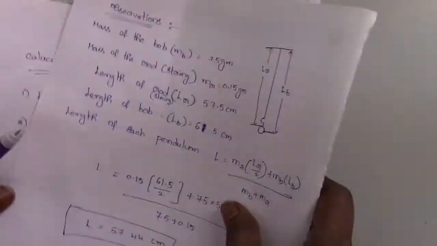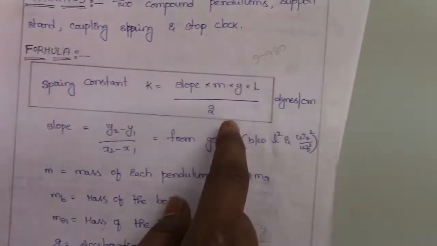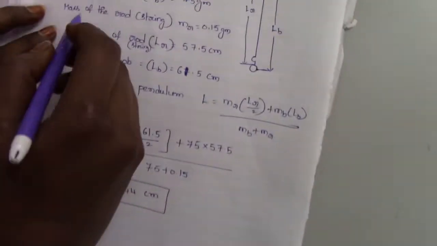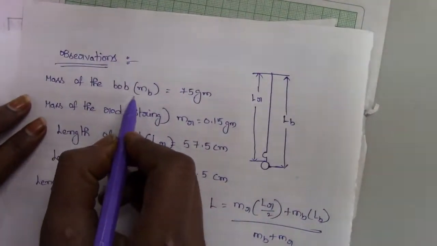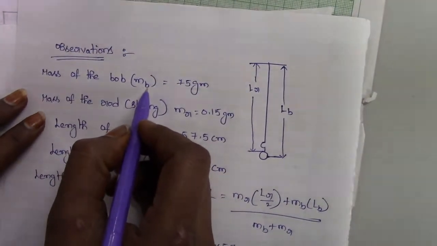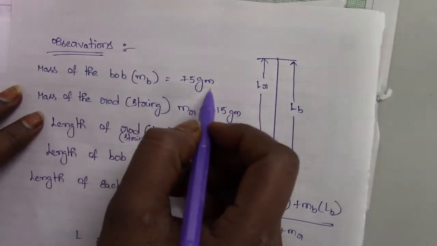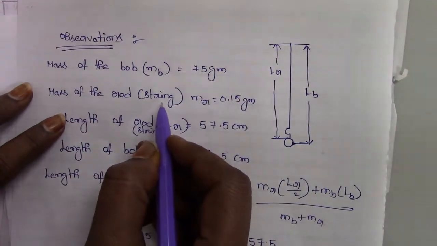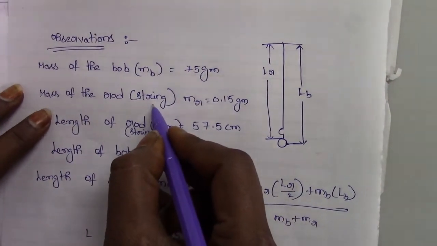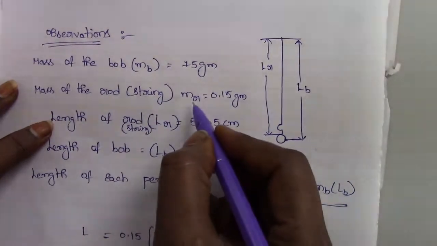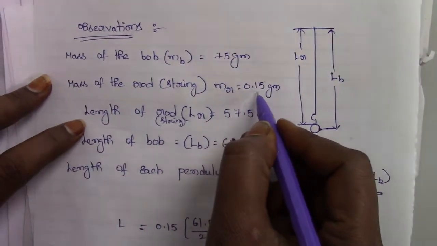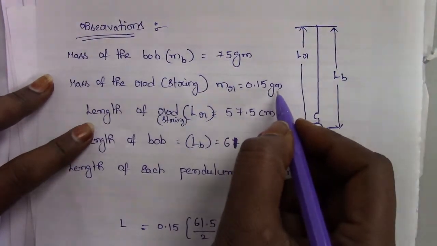So we know the formula now. So what is our formula? K is equal to this much. So to calculate this, we also need to calculate some of the parameters here. So what you need here? Mass of the bob, small mb. So mass of the bob already I told you 75 grams. Mass of the rod is nothing but here string, normal thread it is. So I have calculated by using a simple balance. The weight is for 61.5 centimeters length of the string is having this much weight, 0.15 grams.